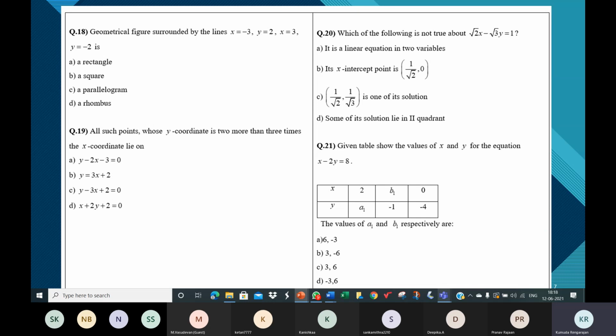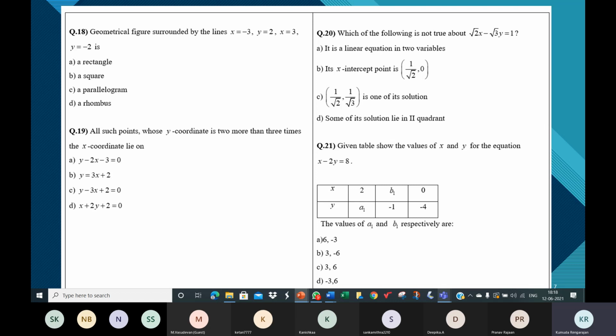0.75 is less than 1. So where will you plot that? Just before 1 on the x-axis. And then you'll have to plot 0 comma minus 1 by root 3. On rationalizing, you get minus root 3 by 3. Root 3 is approximately 1.732. You can just take it as 1.7 or 1.8. Now again, 1.8 by 3, you know the value is less than 1.